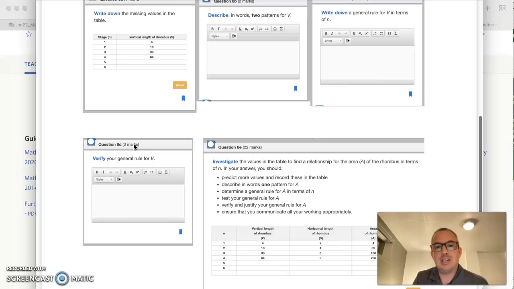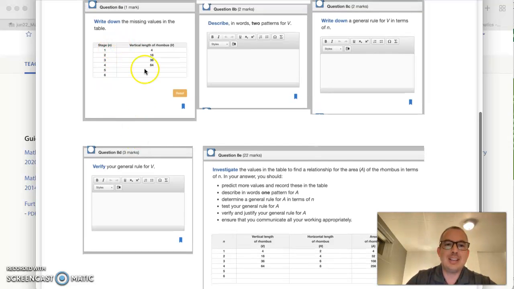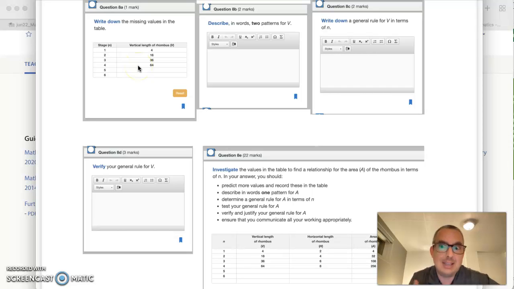Using another one here, I still have to look in future years at what it will say. Normally what they say about verifying is that it's outside of the given values. Of course, if you use stage 1 to 4 and you just test it, they will state that it is to test the rule. If you verify the rule, it's outside of these values. But I've seen